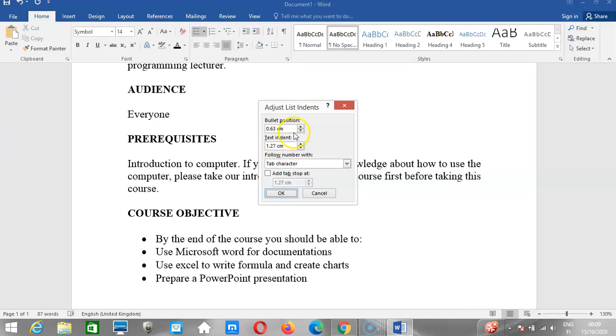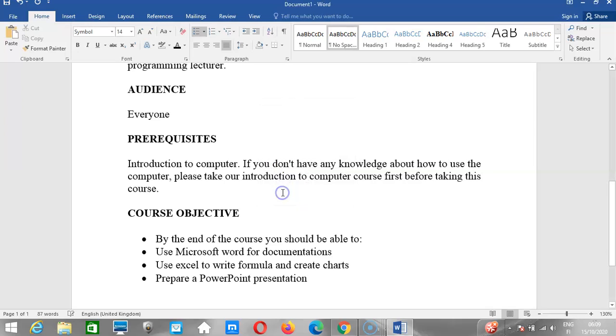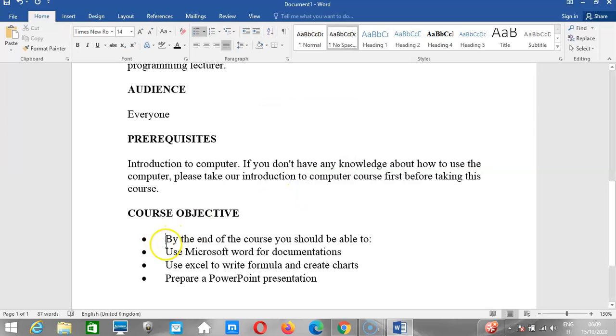So I can change the indentation. It is the text indent, from the bullet and the text. If you want a bigger space between the bullet and the text, just use this one. So as you can see, it's moved. Then if you want